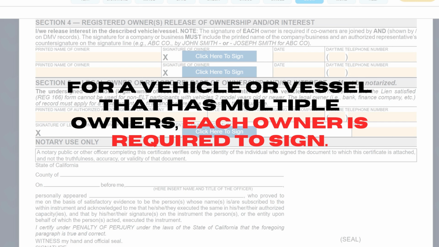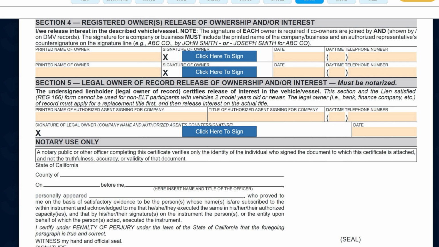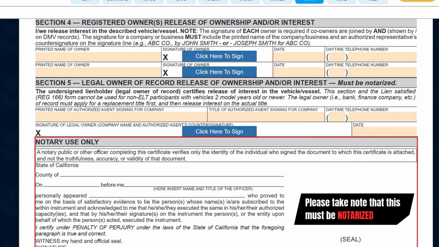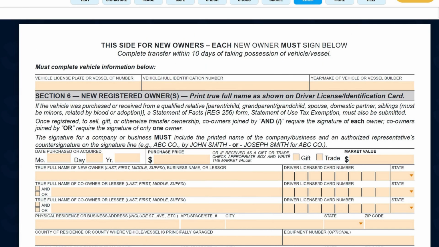For a vehicle or vessel that is owned by a company or business, please proceed to the fifth section. Here the name of the company or business and an authorized representative's countersignature are required. Indicate the printed name of the authorized agent, title, and daytime telephone number. This is to be followed by the signature of the legal owner, the authorized agent's countersignature, and the date that it was signed. Please take note that this must be notarized. Before proceeding to the next section, please don't forget to fill out these fields on top of the second page